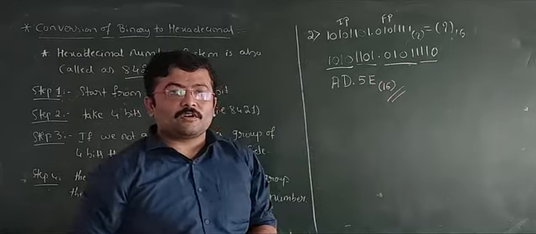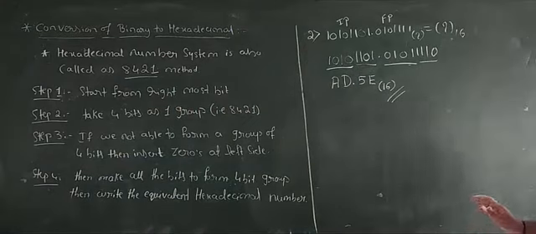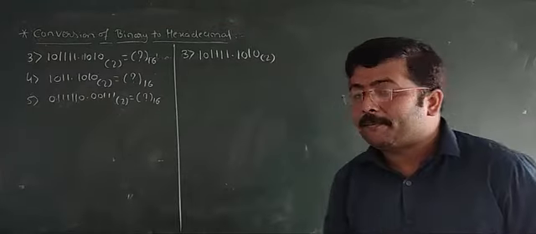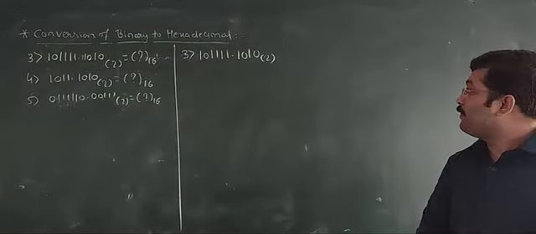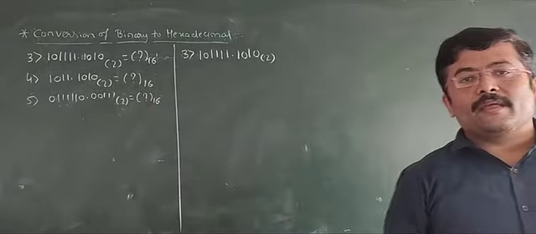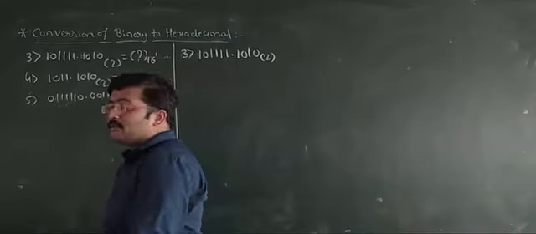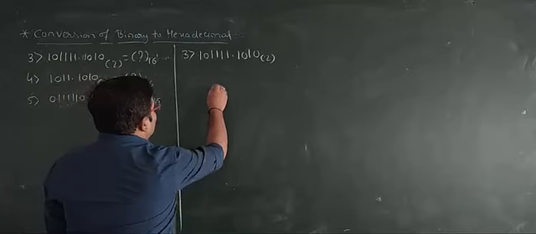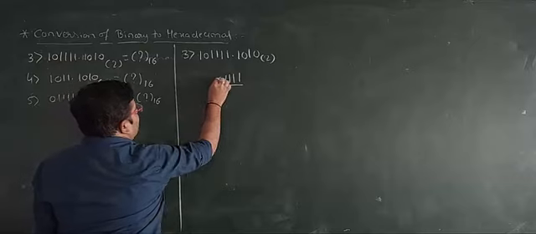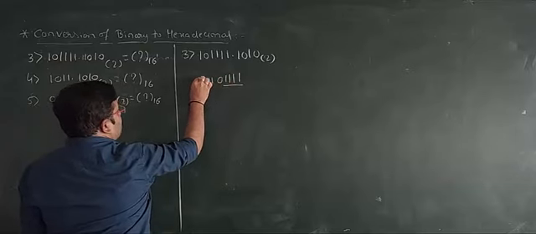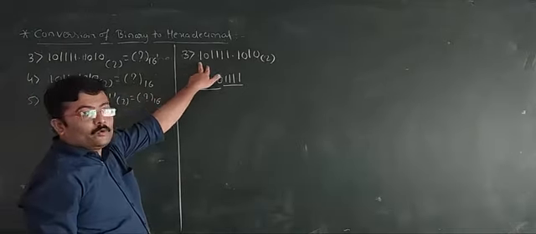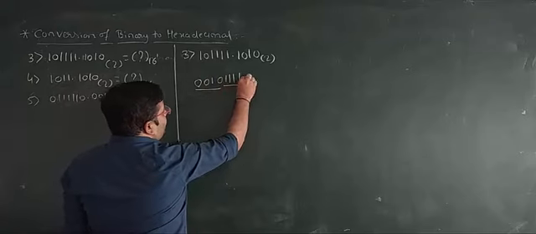So this is the conversion of binary number to hexadecimal number. So let us continue with some more examples. So third example, that is 101111.1010. So here also there are two parts, integral part and fractional part. So integral part, start from rightmost bit. So 1 1 1, this is my one group. So 0 1, so I add two zeros because it contains only two values.